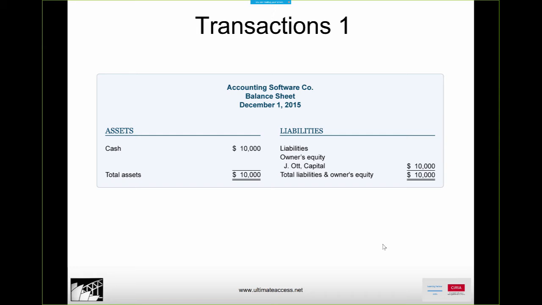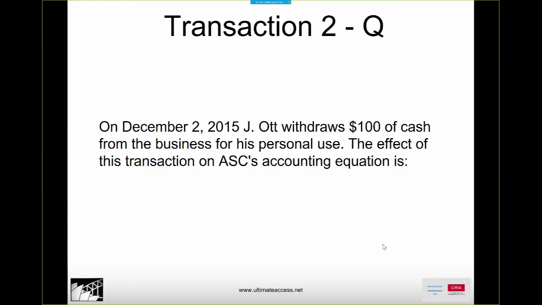On December 2nd, J-Ott withdraws $100 of cash from the business for his personal use. The effect of this transaction on the accounting equation is what? What is the debit and the credit here? I would like to see this again. If you can put it in the chat box, right? Drawings debit,